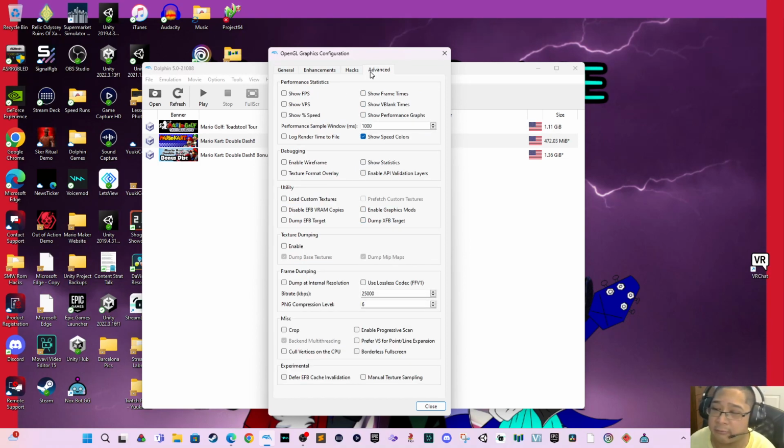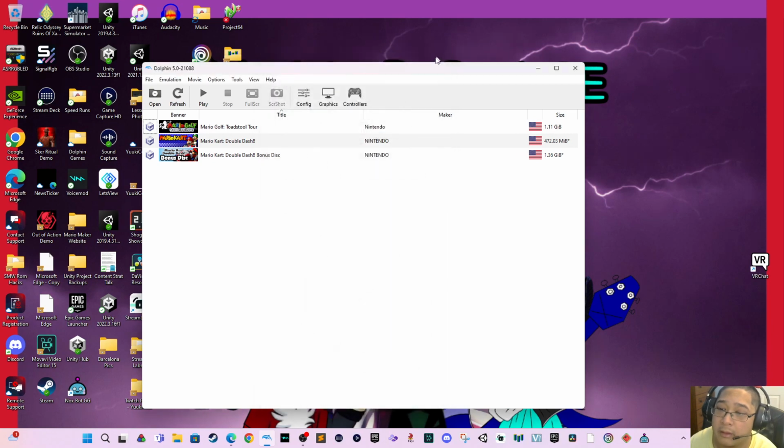Advanced allows you to show your VPS, FPS, frames per second, as well. You can also show your speed percentage if you want to test something out. You can also do some cropping, and other cool stuff like borderless full screen, and all that cool stuff. And finally, for this tutorial,